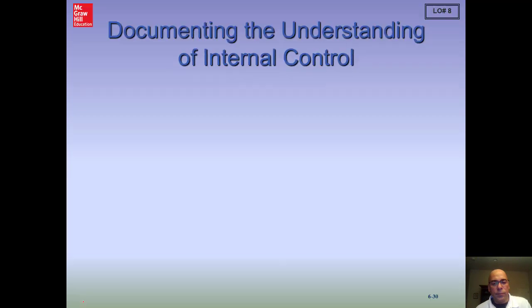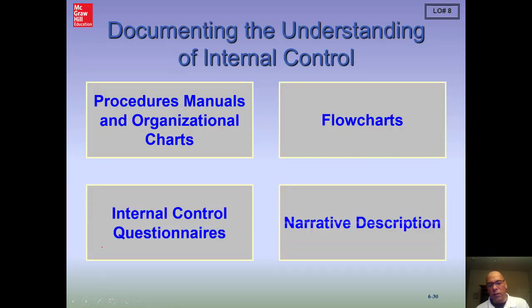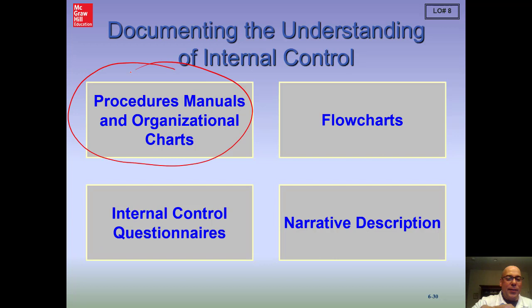Now, we do have to document our understanding. That's part of that step one. So obtain an understanding sufficient to evaluate the design of the controls, determine that they have been implemented, make an assessment of the risk of material misstatement. Always have to do that, and we have to document it. And you can see there are different ways of documenting that. These days, companies know that the auditors are going to walk in and ask for all this, so sometimes they'll just go ahead and put together documentation for us, which of course we would verify, that will help us to document our understanding.